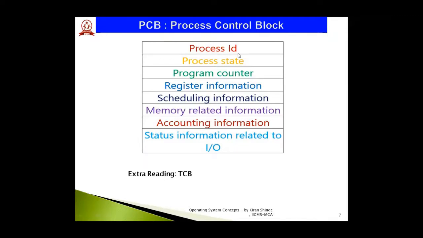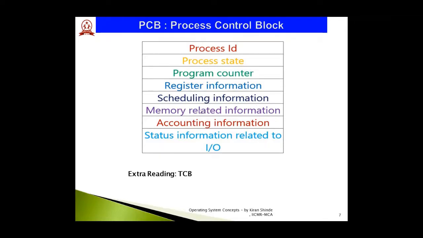process ID, which tells about the identification of the process, a number given for uniquely identifying that particular process among various processes. The state of the process. Just some time before, we discussed the program counter, which points to the next task of that particular process to be executed. Register information, whatever registers are used for that particular process at that moment of time, the CPU registers. Scheduling information, which kind of scheduling algorithm this particular process has become a part